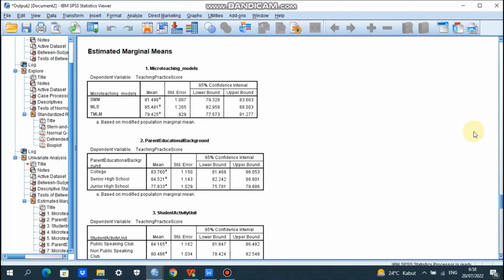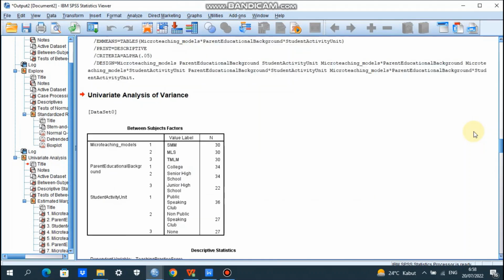So we can have here the univariate analysis of variance, between-subject factors, micro teaching model. For level 1, SMMM, 30 participants; level 2, MLS, 30 teacher students; and code 3, TMLM, level 3 here, 30 participants.